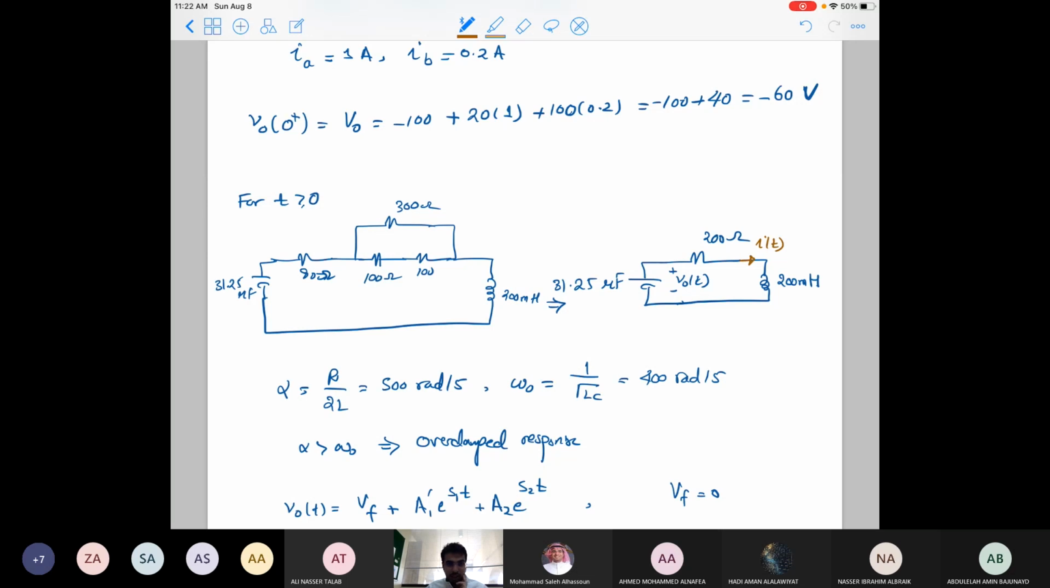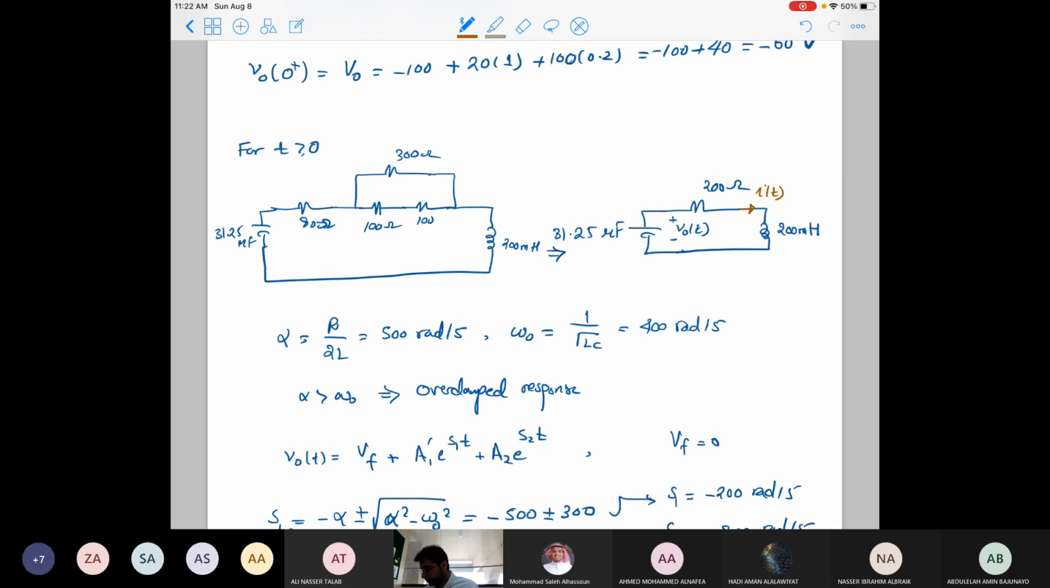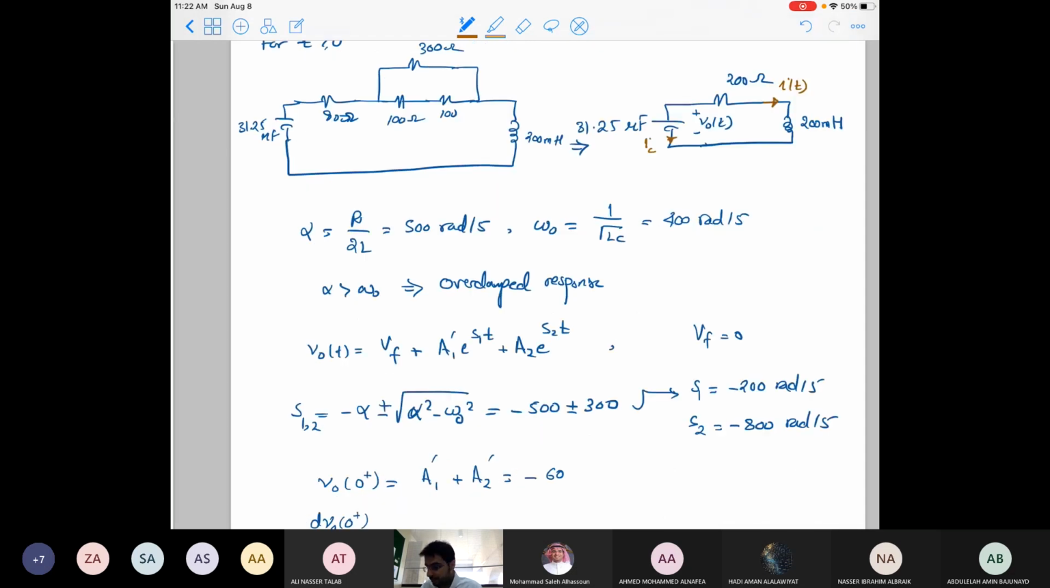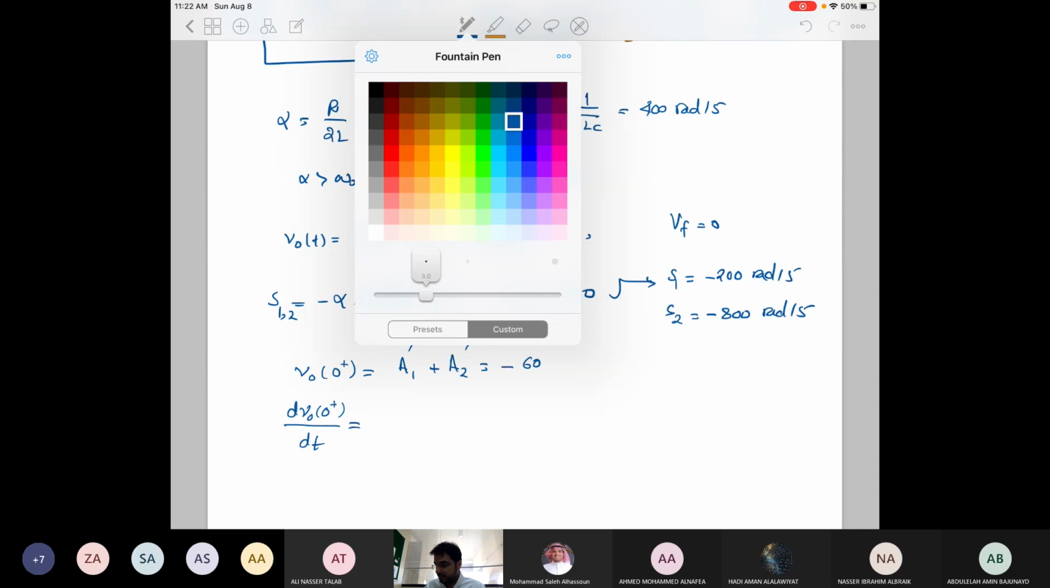But according to the passive sign convention, the current passing through the capacitor should be flowing in this direction. So the relation between IC of t and I of t is that IC of t is equal to negative I of t. So in this case, we have